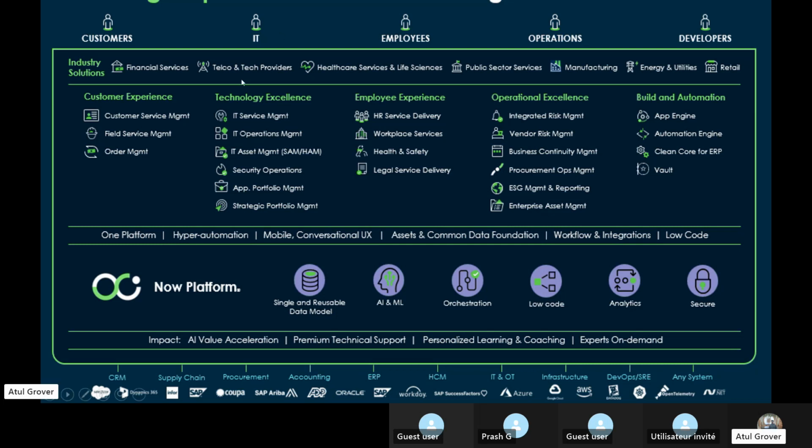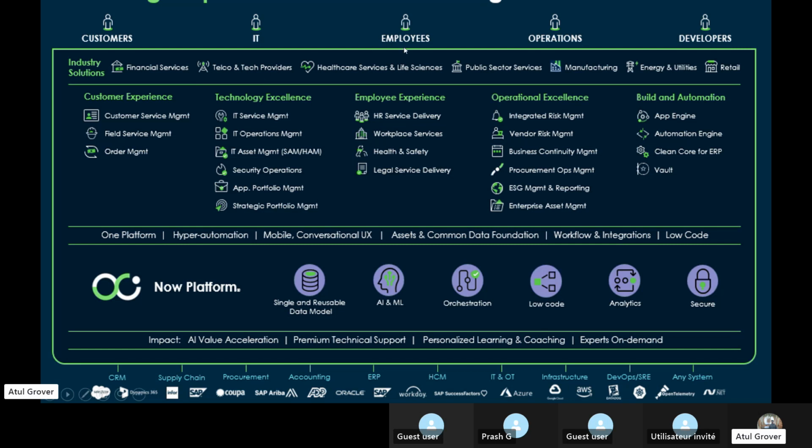I remember for telco, I was reading on the ServiceNow website, Vodafone and British Telecom came together with the support of Accenture and ServiceNow. They built the product for the telecom industry because they know that it is the market. If a customer is using ServiceNow to maintain their operations, then why would they use another product to maintain the telecom networks? Why can't they do it in ServiceNow itself?